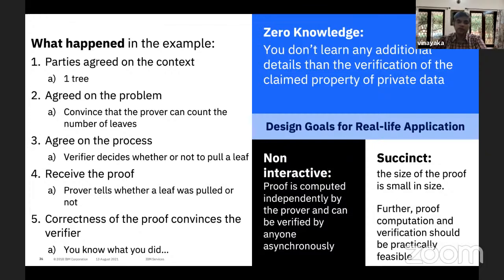But then those proofs had this problem that these proof sizes were really long, right? I mean, imagine that you have to put a very, very long proof on a blockchain network, right? It's going to be very difficult. So a lot of work has gone into making these proof sizes very succinct, okay, small proof sizes. Eventually, now we have a protocol in which the proof size is just 288 bytes, okay? Further, the process of both the proof computation and the verification should be efficient, okay? And